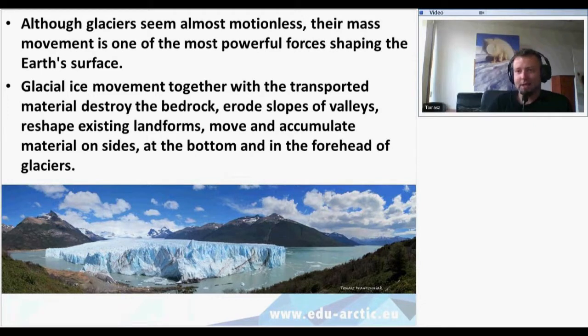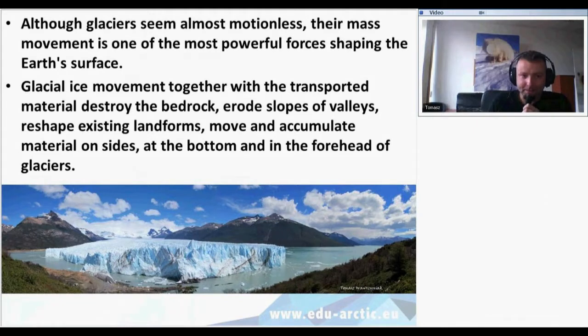Usually, I guess you can observe glaciers on pictures, and actually if you go to the field, you will also see the glacier that looks motionless. Their mass movement is really powerful. It shapes the Earth's surface, but with your bare eye, when you're there, you cannot see the movement. It takes time. It's not as fast as a flowing river. So there's no flow of ice in such definition as in the case of rivers. But if you set up cameras, if you take pictures, for example, once in 3 hours,